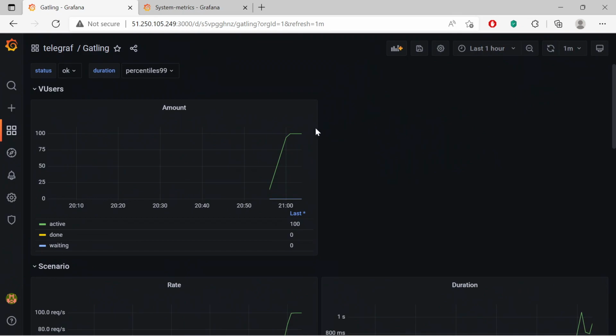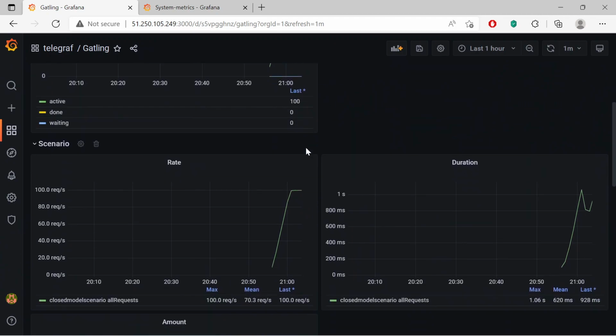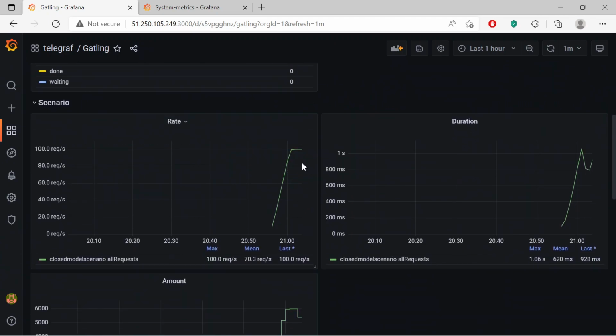More than 5 minutes have passed, we have reached the load, and on this graph, we see that 100 users have been injected into work as expected. The name of the scenario that was started is also displayed.